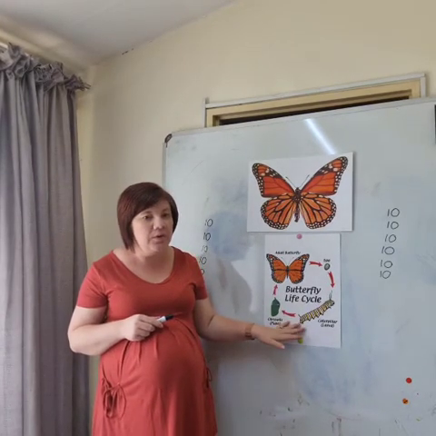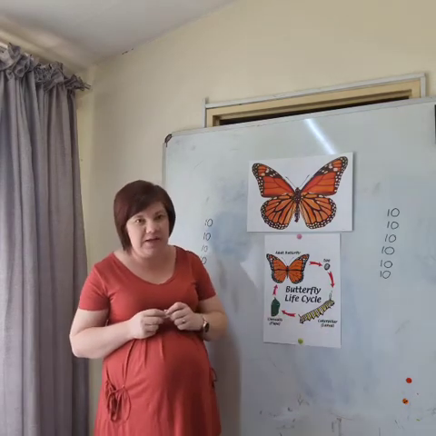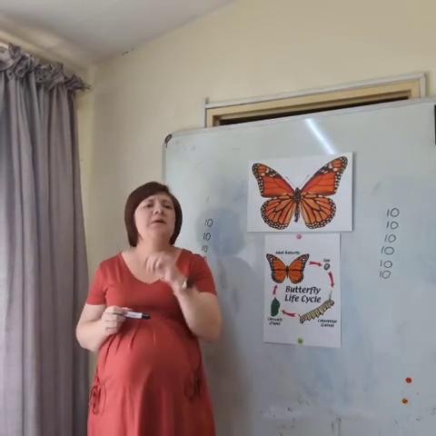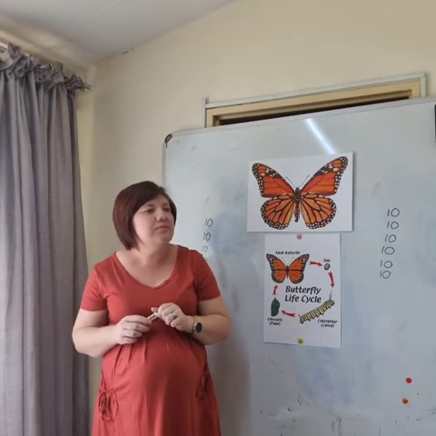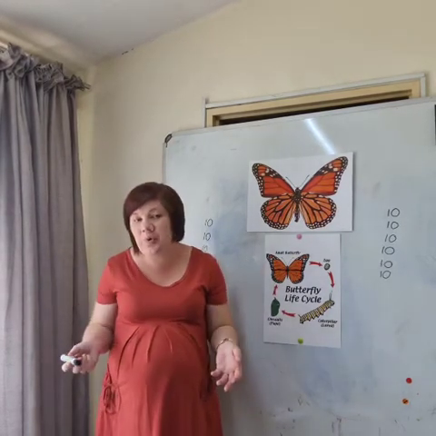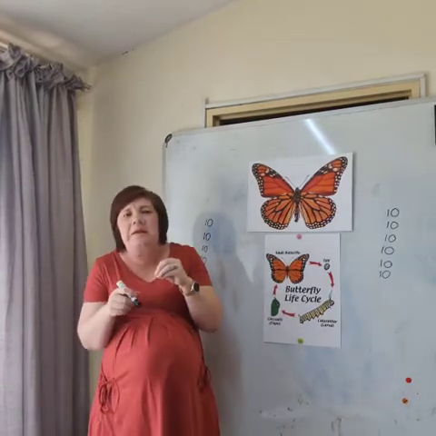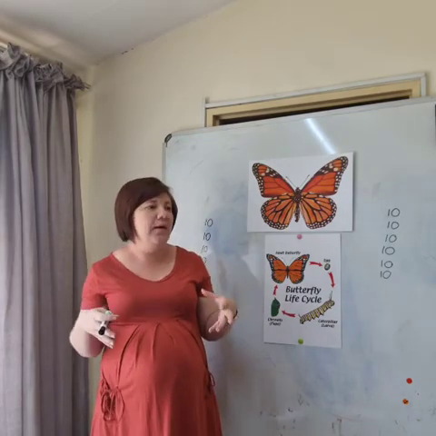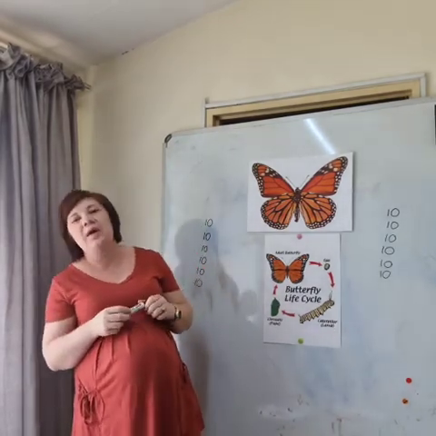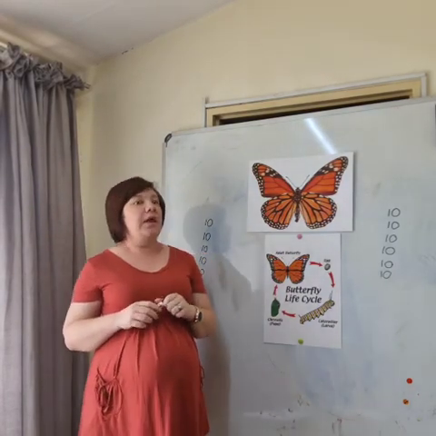Quickly look at the board. Yes, we call it the caterpillar stage. And what happens during this stage, Mike? Yes, the same as in our story. The caterpillar will eat and eat and eat, and he will be shedding skin as he grows bigger and bigger and bigger. All right, just as the story of the very hungry caterpillar. And then we move